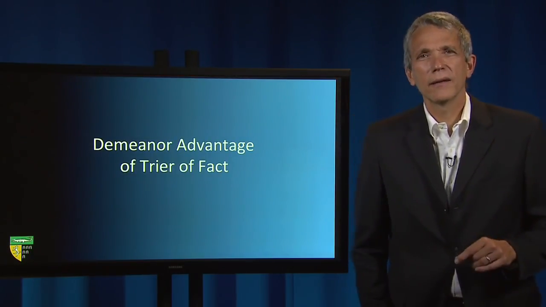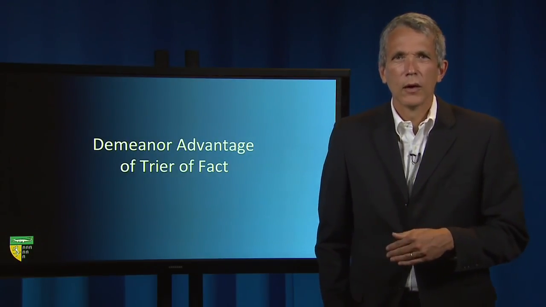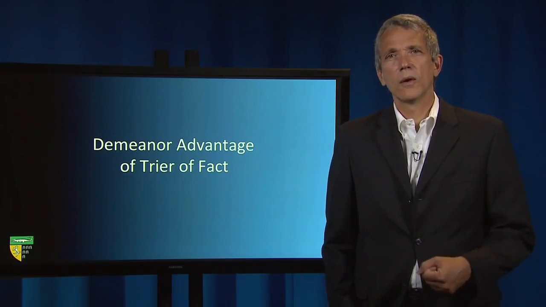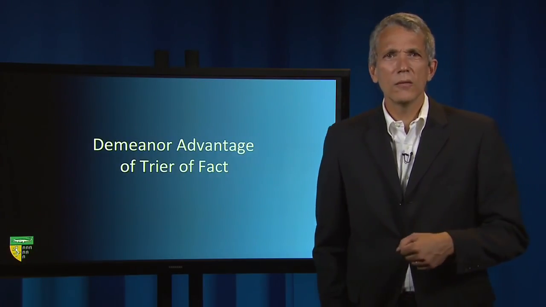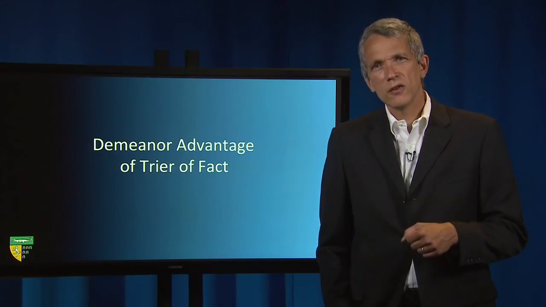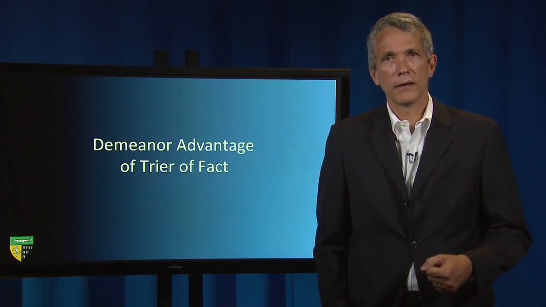Because the trier of fact is better placed to make factual determinations, appellate courts will only set aside a question of fact determination if it is clearly erroneous. Thus, even if the appellate judge believes that she would have found differently as a trier of fact, she as an appellate judge may be forced by the clearly erroneous standard to uphold the finding.